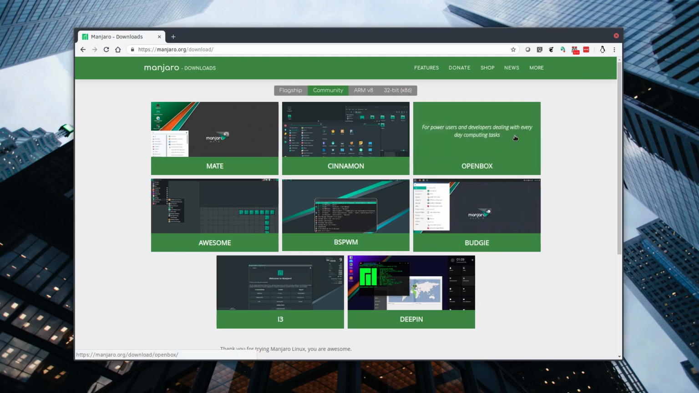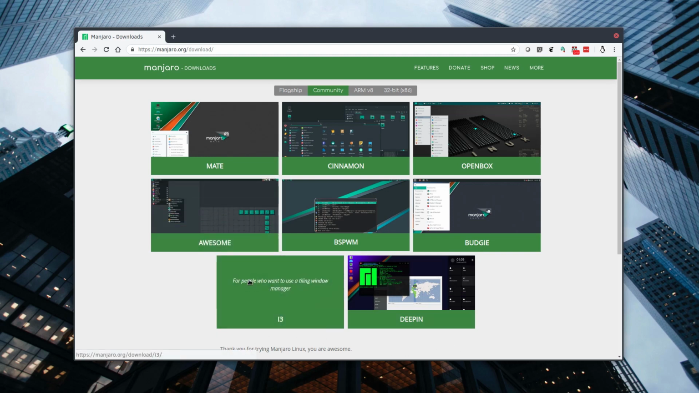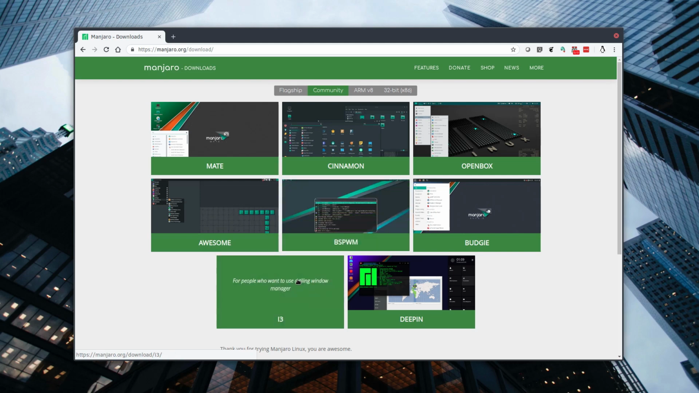OpenBox, I haven't used much of that. Deepin, I've seen some pictures. Looks really nice, but I've never used it for myself. It's a toolbar distro, kind of reminiscent of macOS. i3 and Awesome are tiling window managers, and if you don't know what a tiling window manager is, this probably isn't for you just yet, but it's a fantastic way to interact with your desktop. BSPWM I think is also a window manager. Yes, it is. So these three here, Awesome, BSPWM, and i3,